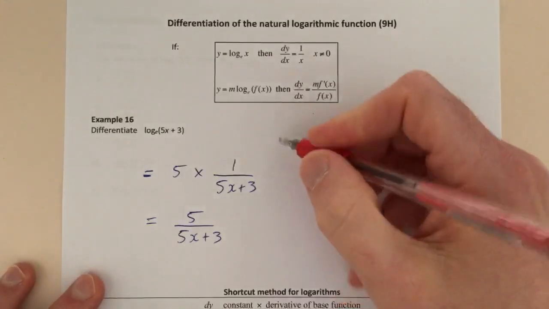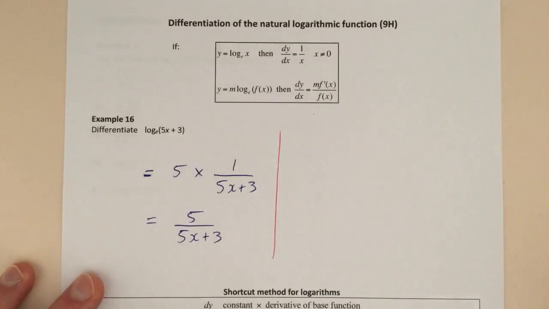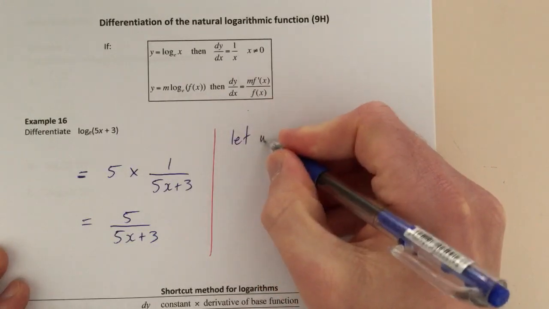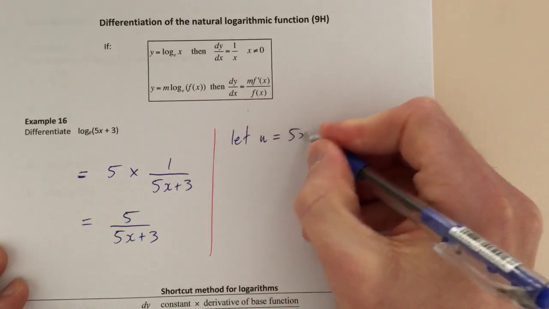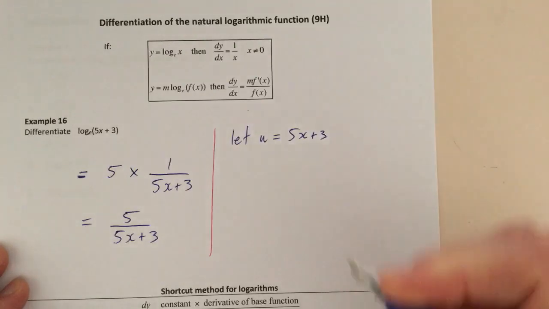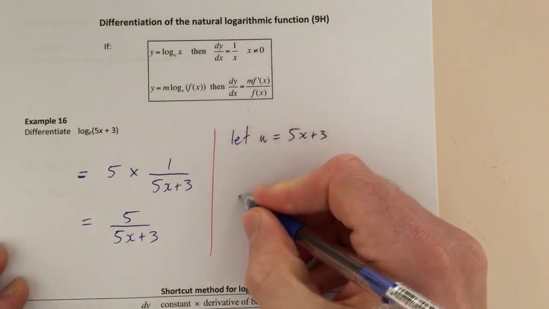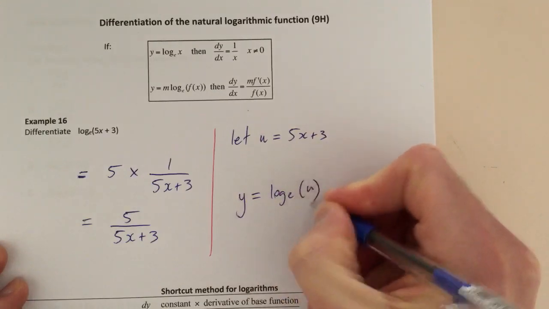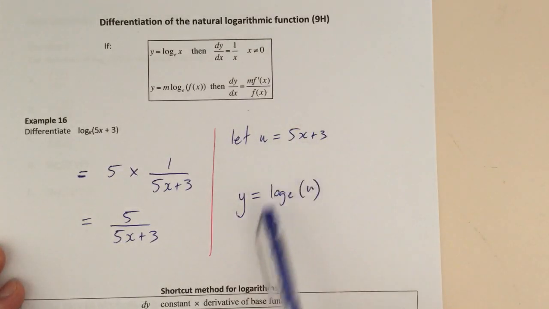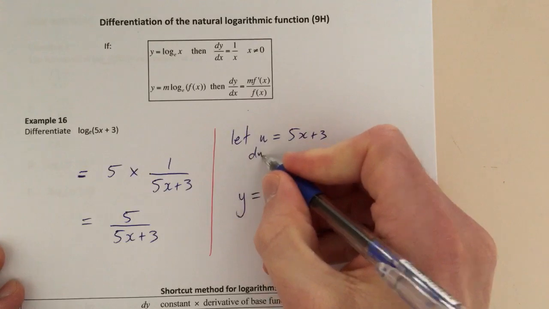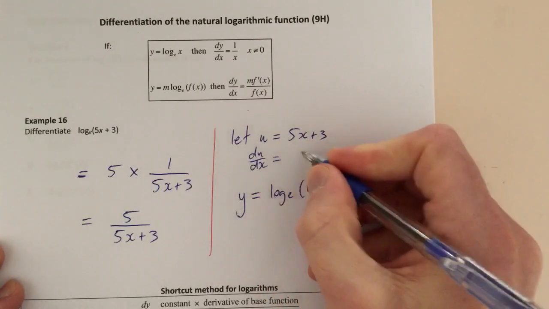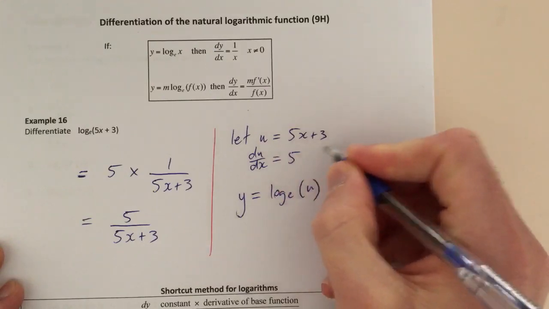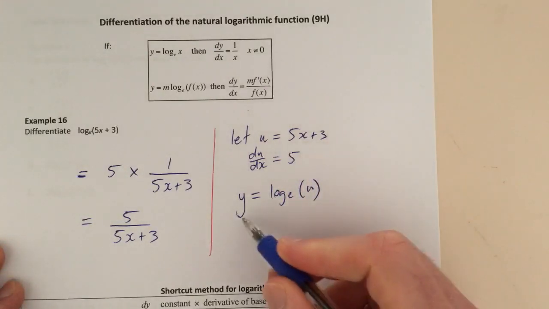As always, if you want to convince yourself, or maybe if it's a trickier problem and you want to be really sure you've got the right answer, you can always do the chain rule the slow way, which is to let u equal 5x plus 3, and then that will mean that y equals log e of u, and then from these two we get du dx equals 5, because the derivative of u with respect to x would just be the derivative of 5x plus 3, and dy